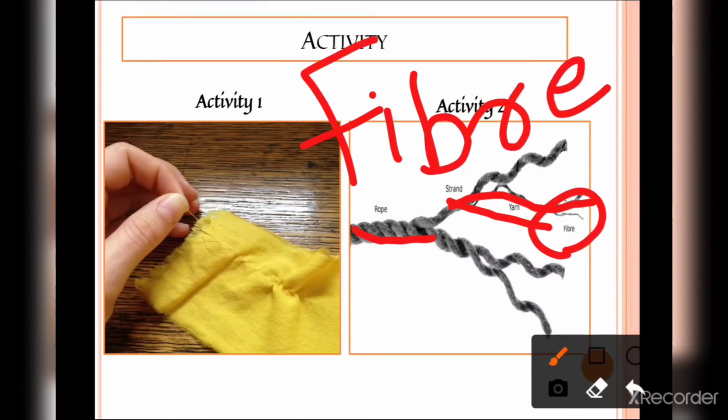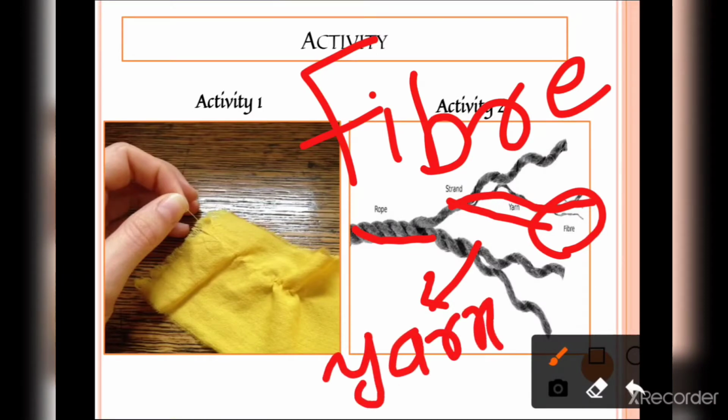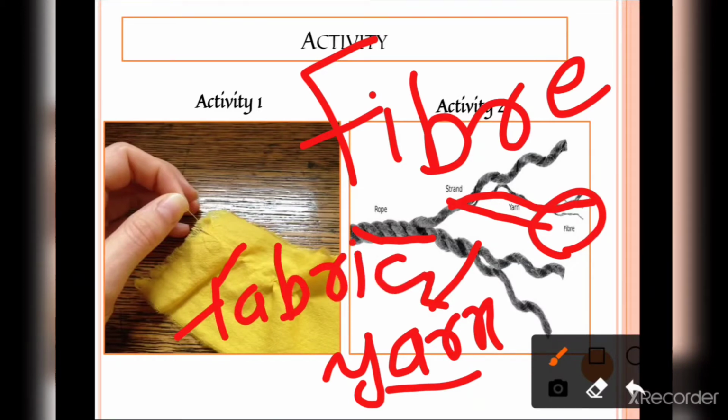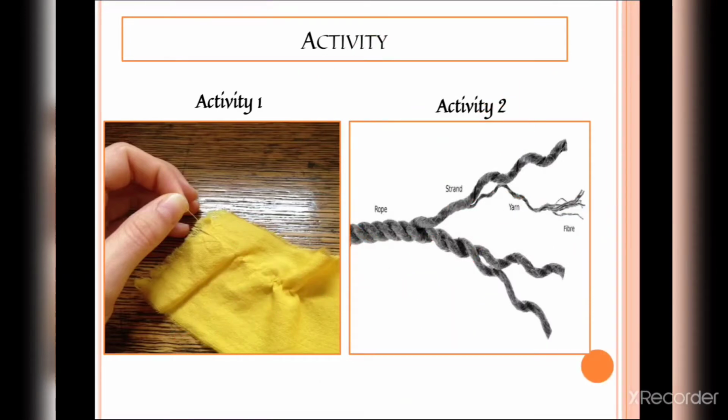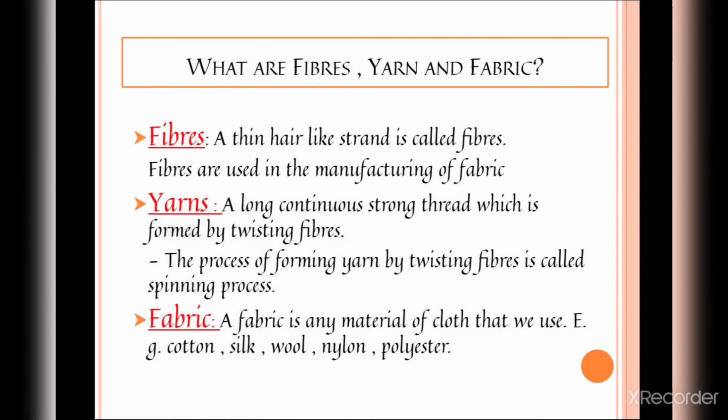FIBRE, फाइबर. और ये जो स्ट्रॉन्ग लॉन्ग कंटिन्यूअस स्ट्रक्चर था इसको बोलते हैं YARN, यार्न. और ये यार्न को जब कंबाइन करते हैं तो we will get a substance named fabric. Got it? So 3 steps are there. Fiber, if you combine the fiber you will get a yarn, and if you combine the yarn then you will get fabric. Understand? Okay, moving to the next one, the question arises, what is fiber?